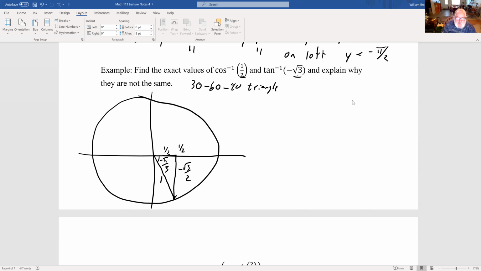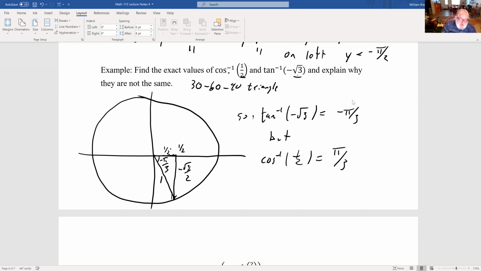Okay, so this angle has got cosine equal to 1/2, so it looks like it should be the answer to that. And its tangent is minus root 3 over 2 divided by 1 over 2, which is minus root 3. So inverse tangent of minus root 3 is in fact minus pi over 3. But cosine inverse of 1/2 is actually plus pi over 3. Because the domain for